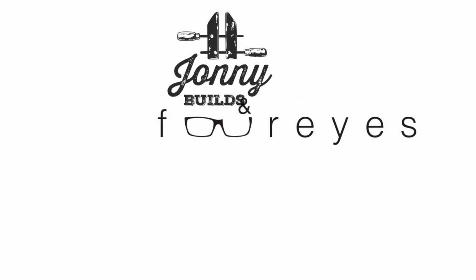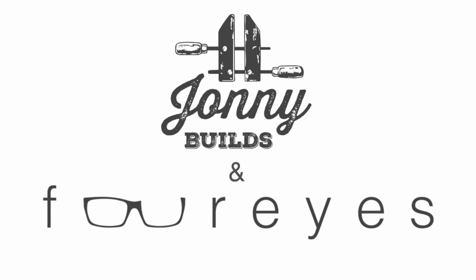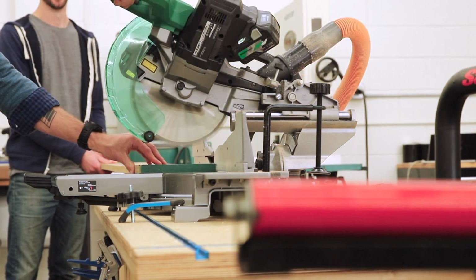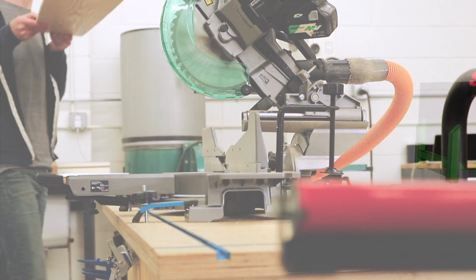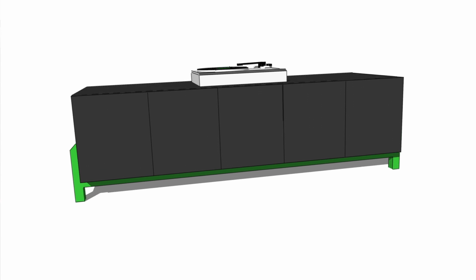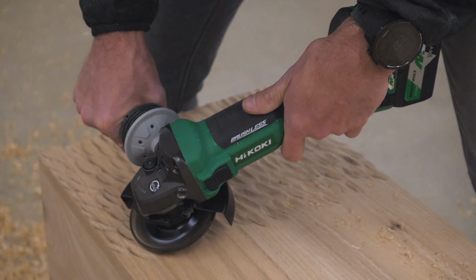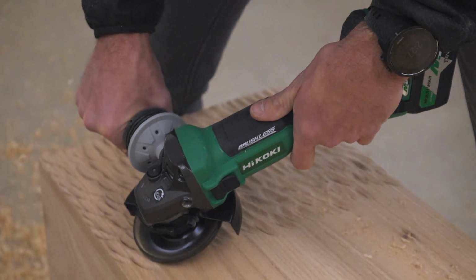I'll get to everything that went wrong and why, but first I want to walk you through the build process to give you a sense of what I was trying to accomplish and where that got off track. Here, I'll show you a drawing since the finished piece was, well, never finished. The plan was to make a record or a media console using red oak with 5 doors across the front. I wanted to power carve a scallop design across the face of the cabinet and give the whole thing a